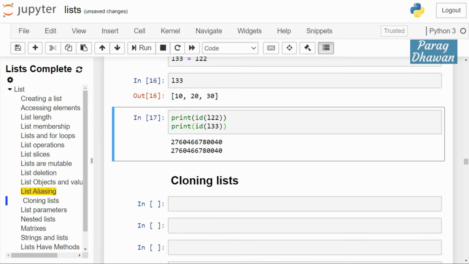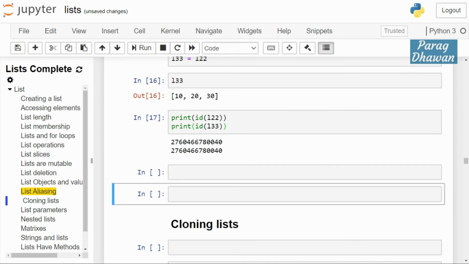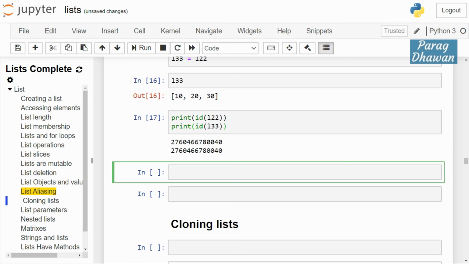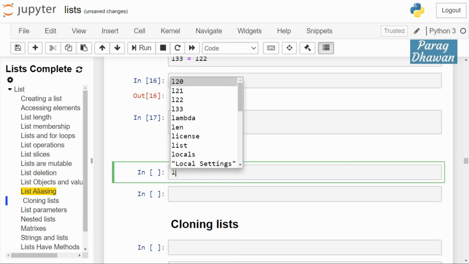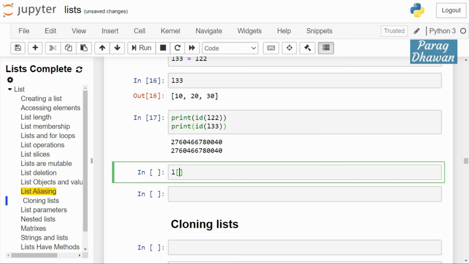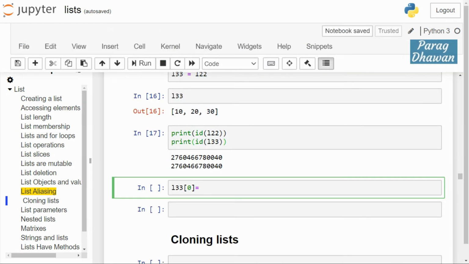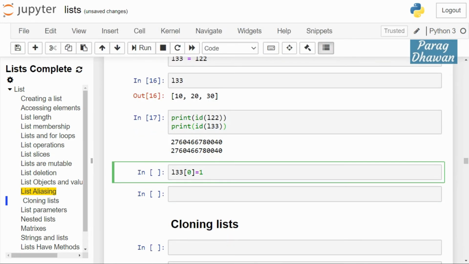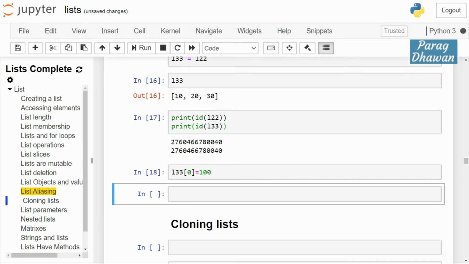If you do any change in L33, suppose I change the first value of the L33 list using the first element of L33, from 10 we are changing it to 100. We updated the value of L33.